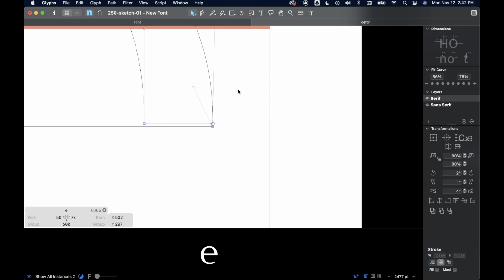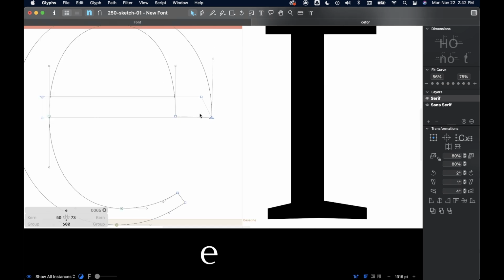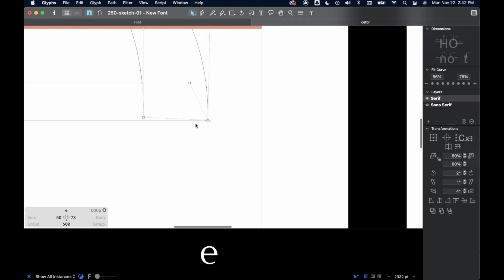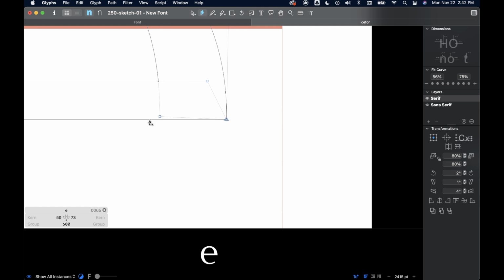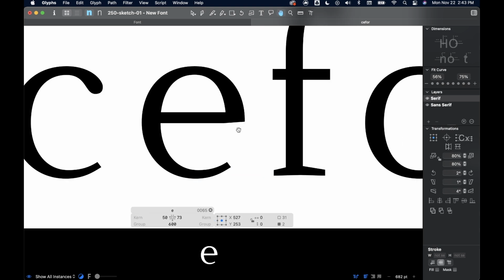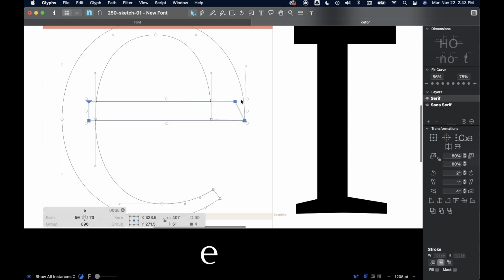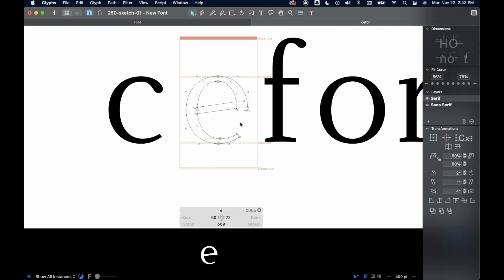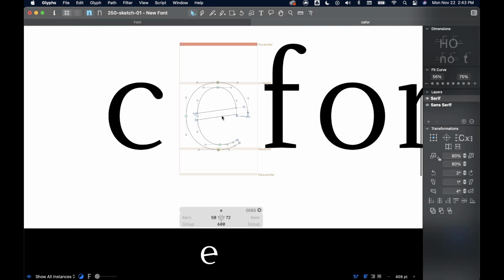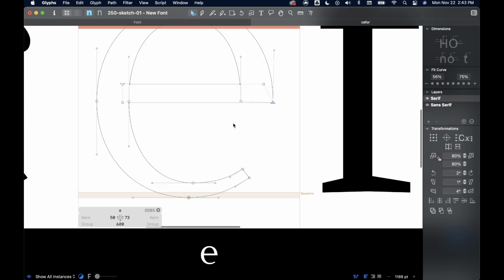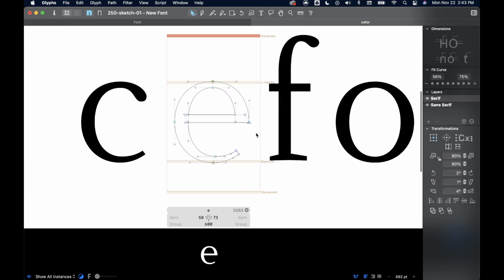For now, I'm just going to finish off this by hiding that little point there. Some typefaces will have a higher opening or a larger aperture. We could add a point here, for example, and then bring these points up, and that sort of gives us a little bit of an opening there. We could, if we wanted to, angle this so it's on a little bit of a slant, which could be nice if we match the slant of our serif. For now, though, I think we'll keep it level so it's easy for us to continue and work through this